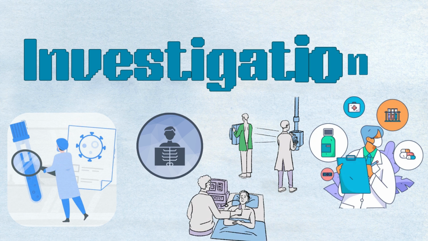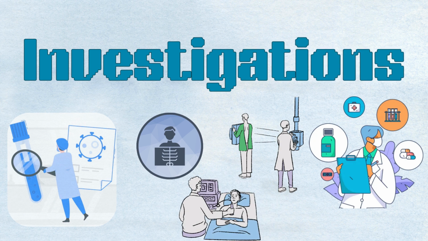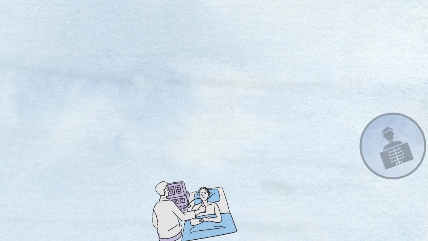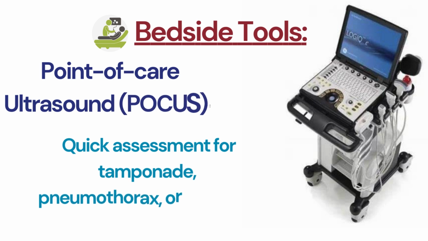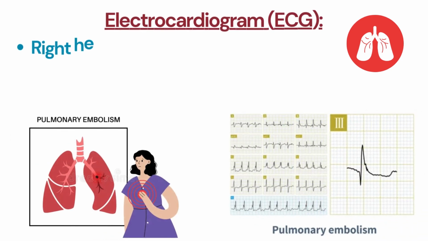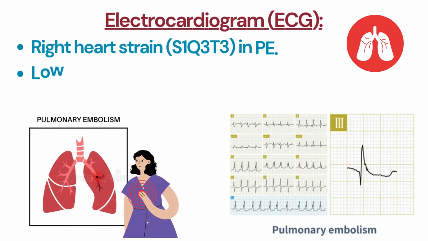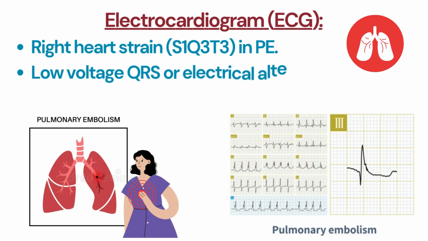To confirm the diagnosis, several investigations are performed. These include bedside tools such as point-of-care ultrasound to quickly assess for tamponade, pneumothorax, or right ventricular strain. Electrocardiogram or ECG findings like right heart strain, with S1Q3T3 in pulmonary embolism, or low-voltage QRS and electrical alternans in